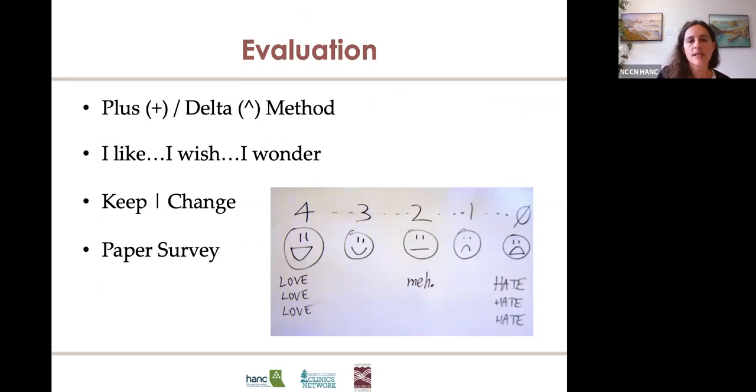And then with evaluation, you can do this really quick on the fly at the end of the meeting, thumbs up, thumbs down. You can have this little emoticon scale that's shown here in the graphic. Keep change, or a more extensive paper survey, obviously, if there's targeted things that you really want to learn whether people are engaging with or feel valuable. And then the I like, I wish, I wonder, it comes out of the CCI Catalyst project. So essentially, I like, what did folks like? I wish, those are the things that could be improved. And then the wonder gets into kind of people's questions or curiosities.